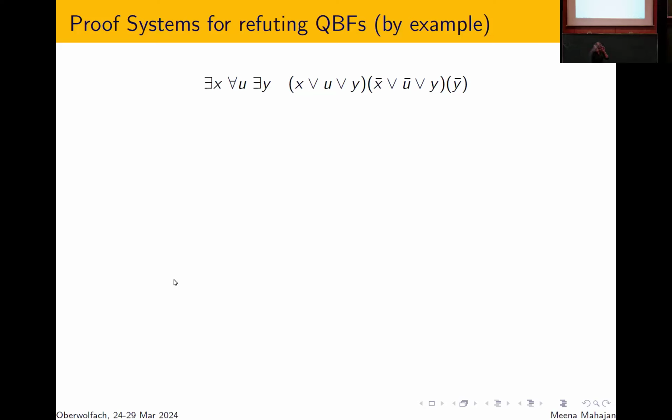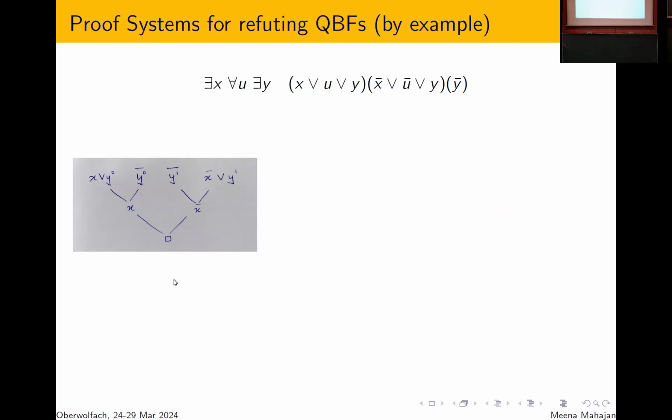How are we going to prove this in a proof system? Well, here's one way in which we could prove it. We could say, what does a for all U really mean? A for all U means for U equals 0 and for U equals 1, something should happen. So just expand out the formula on the two choices of U. But if you expand out that formula, then the Y variable will have to get two copies, one from the copy corresponding to 0, one from the copy corresponding to 1. So the point is you're really trying to prove the negation of this formula. I'm trying to prove that this formula is false, that the negation is true. I'm trying to refute things.